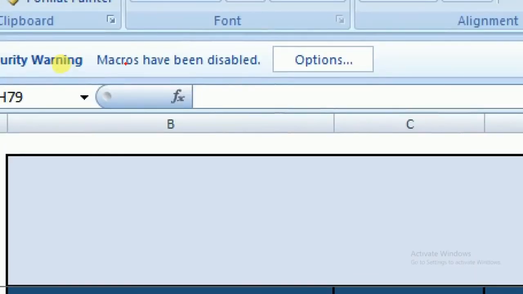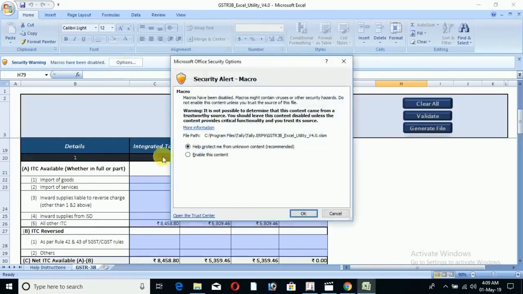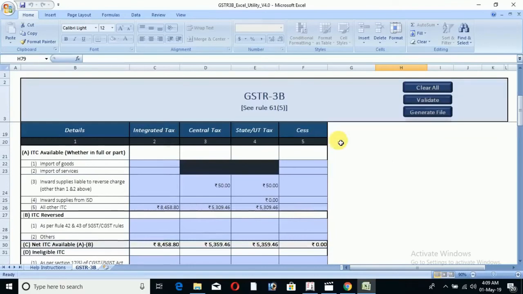First, you click on Macros have been disabled. Now you have to enable it. For that, choose Options and click on Enable this content and then press OK. Now you can work on this sheet.